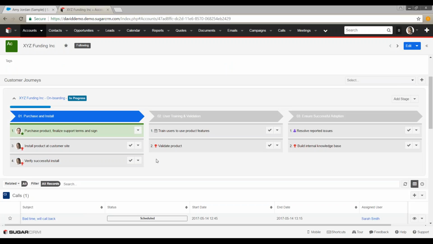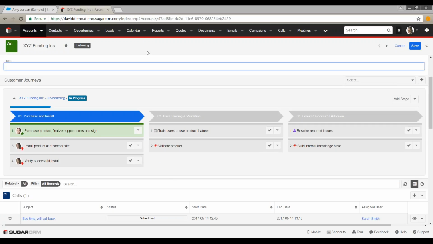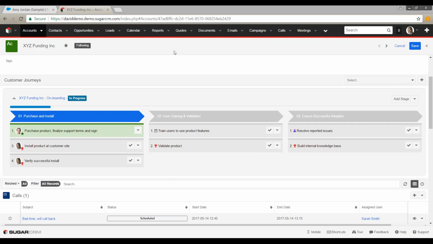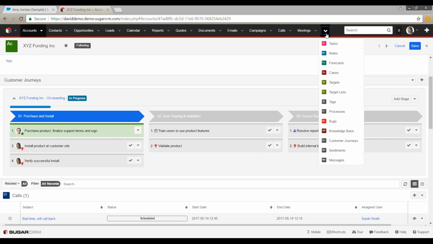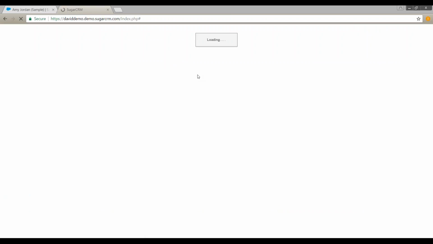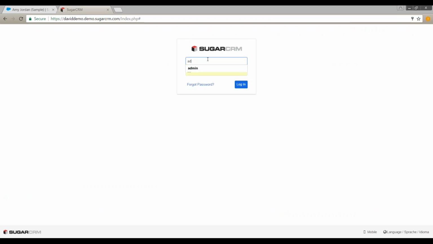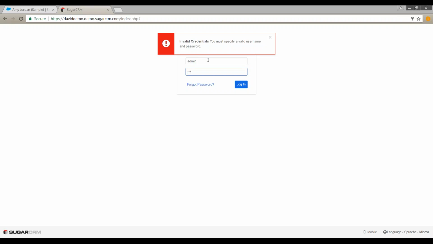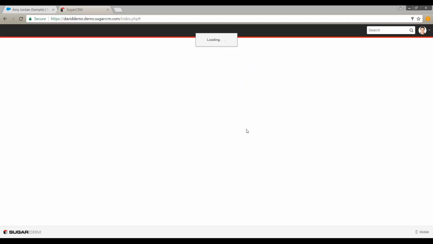All of a sudden, I look down at my clock and I see that it's 1:42. So I'm going to go ahead and show you one more thing before a very high-level overview of each mobile app, and then we're going to dig into a Q&A and answer any questions that you guys have. In order to show you this, I'm going to log out as Jim. I'm going to log back in as an admin, and I'm going to show you how to create